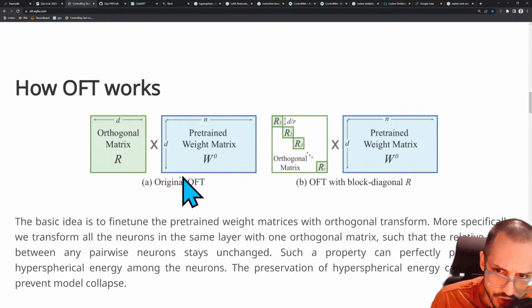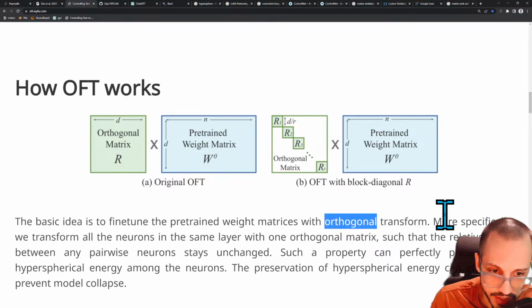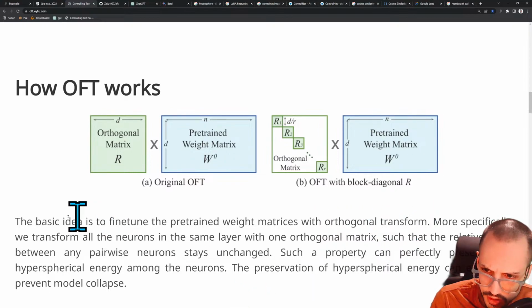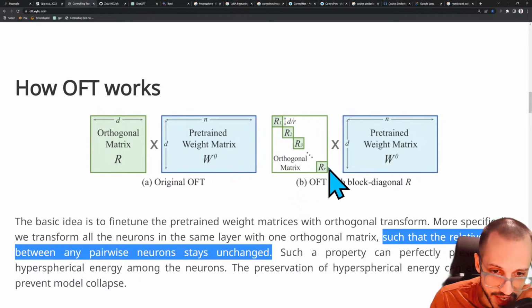And the structure of this matrix R, see how it's diagonal here. The structure of this means that the transformation that you're doing to the original pre-trained weight matrix is going to be orthogonal, AKA perpendicular. The basic idea is to fine-tune the pre-trained weight matrices with orthogonal transform. More specifically, we transform all the neurons in the same layer with one orthogonal matrix such that the relative angle between any pairwise neurons stays unchanged, right? Because you have this kind of diagonal structure like this, you're not going to be changing the angle between these neurons,